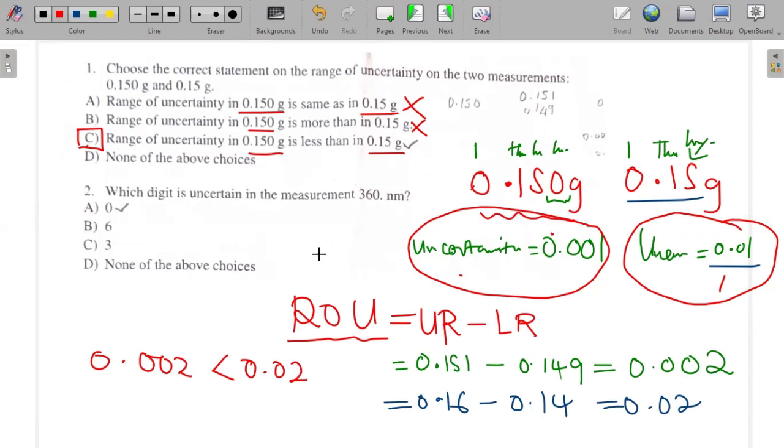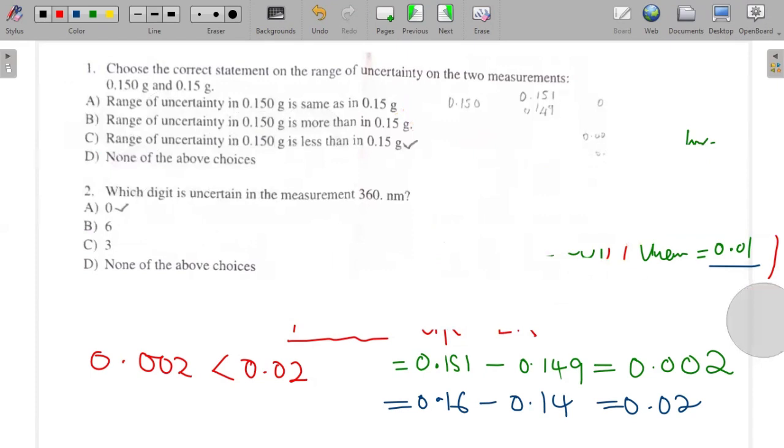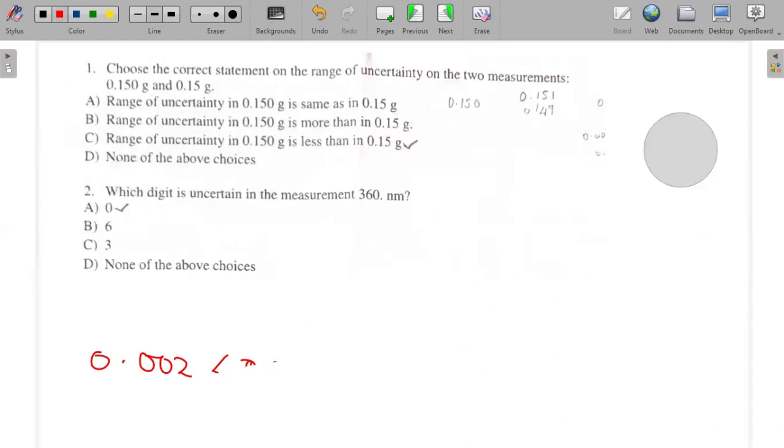Okay, so if there are no questions, I'll move to question 2. So I can erase these things. So question 2, what are they saying? They're saying, which digit is uncertain in this measurement? That has been written as